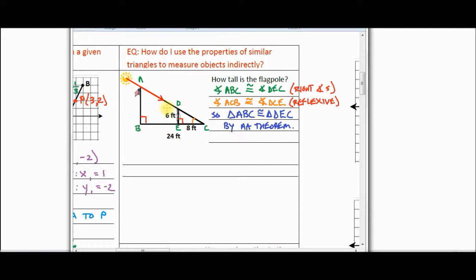So now, based on this setup, we know we've got two similar triangles. Let's use it to find the height of the flagpole. And one thing we want to note now, class, what do we know about similar triangles? You know what, class? I just realized I wrote ABC is congruent to DEC. That's getting us back to our Integrated Math 1 days. These are similar. If triangle ABC is similar to triangle DEC, then